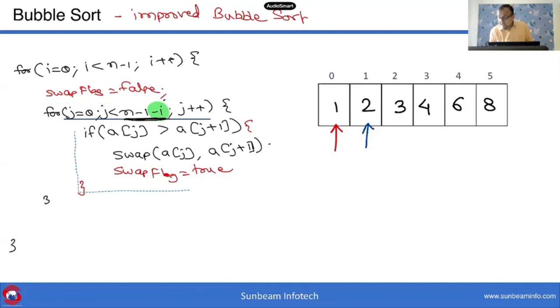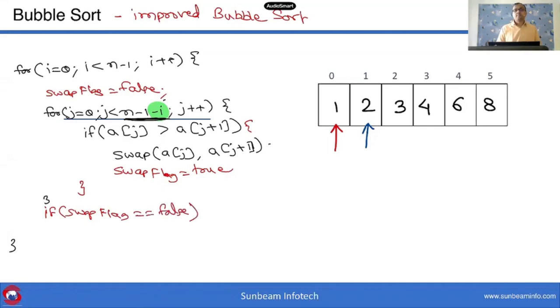During a pass, whenever swapping is done, I simply say swap flag is equal to true. At the end, if I find that the swap flag is still false,